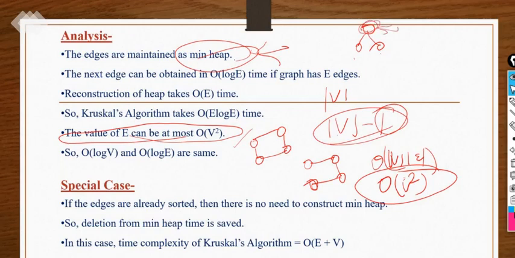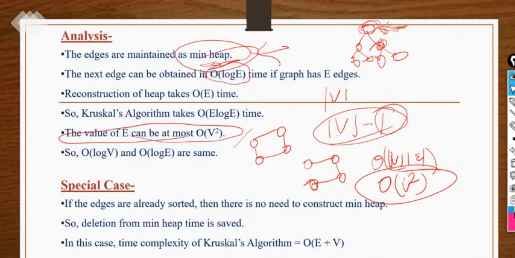So that's why we have used the min heap to improve Kruskal's algorithm further. How much time will it take in the min heap to find the minimum value at the top? Of course, after comparing in the tree form, in the min heap we get the minimum value at the top. So we get the minimum cost in the graph also with the help of the min heap.